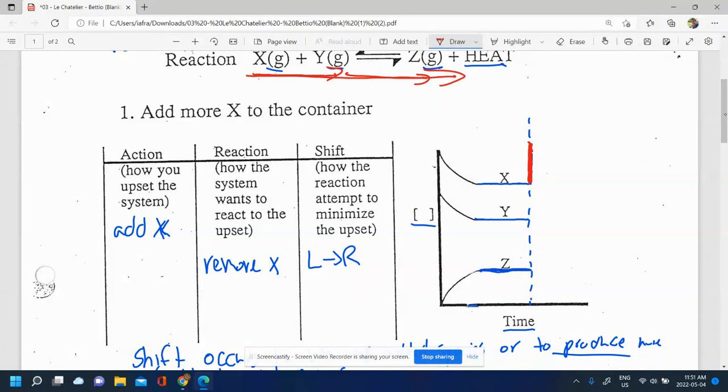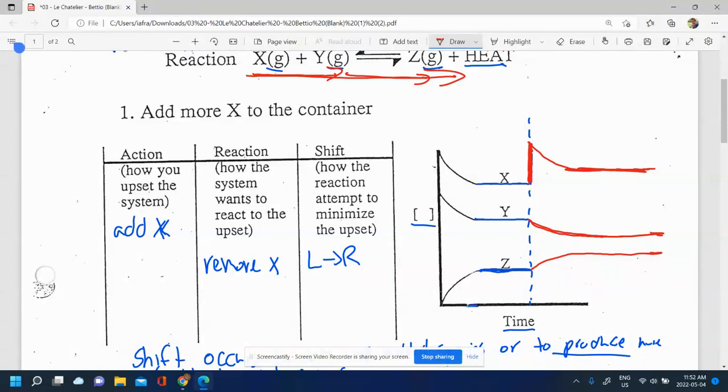So I'm going to see a decrease in X. I'm going to see a decrease in Y, and it's going to be a gradual decrease. But I'm going to see an increase in Z. It won't be a sharp increase because I didn't add Z to the container like I added X. It's just due to the reaction. So that's going to be a gradual increase in Z until, again, we've reached equilibrium and the concentrations no longer change. So we know we've reached equilibrium when the concentrations have essentially stopped changing for your reactants and your products